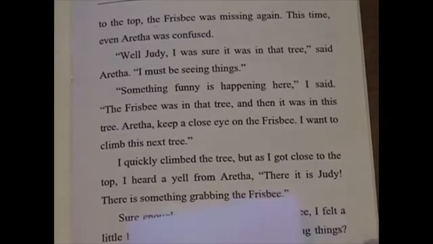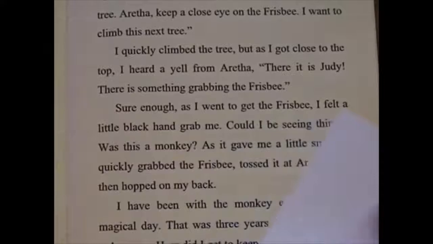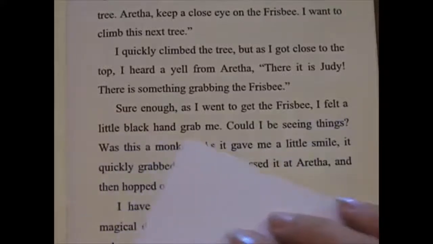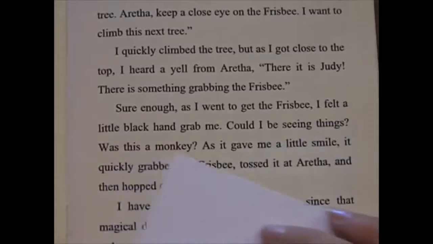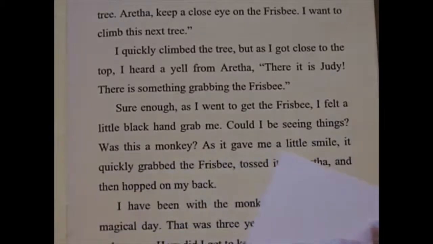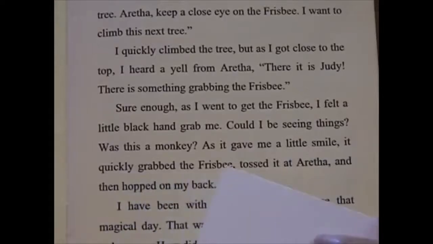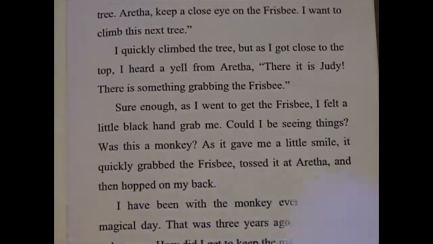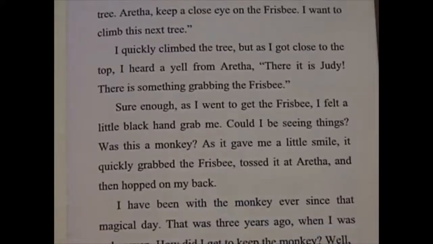Okay. Sure enough, as I went to get the frisbee, I felt a little black hand grab me. Could I be seeing things? Was this a monkey? As it gave me a little smile, it quickly grabbed the frisbee, tossed it at Aretha, and then hopped on my back. Okay. As Judy's going up to find the frisbee, she runs into a friendly monkey who actually throws the frisbee back